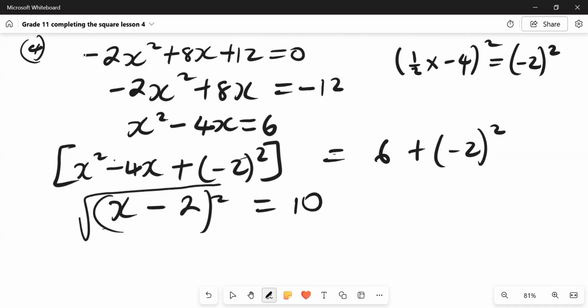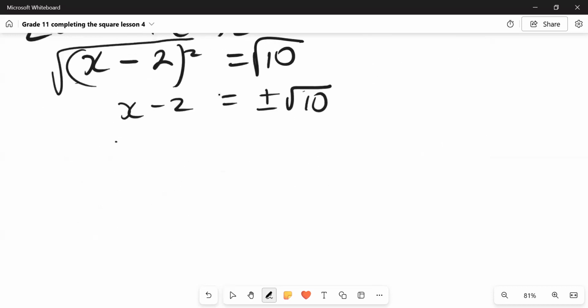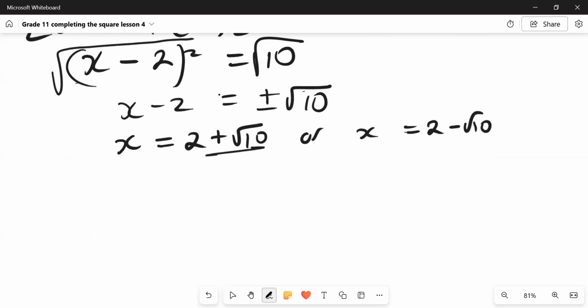Square root both sides, that's x minus 2 equals plus or minus root 10. And then you transpose, and you will get x equals 2 plus root 10, or x equals 2 minus root 10. Final answer. And then we're done with